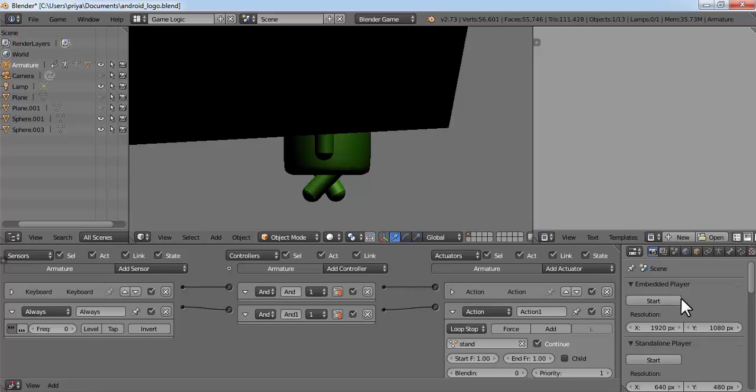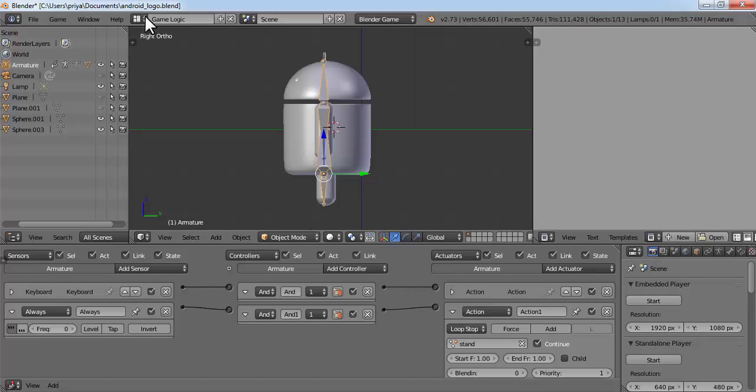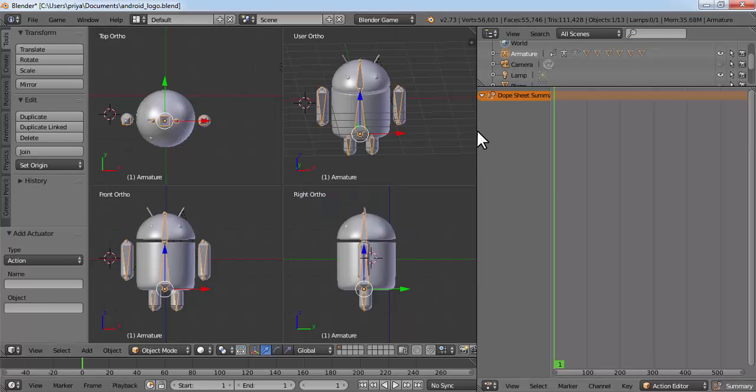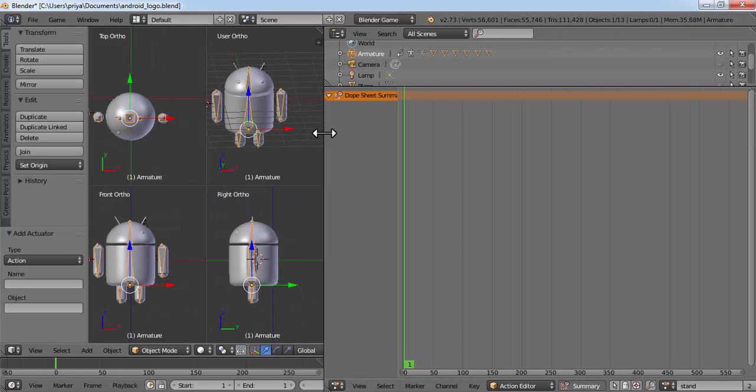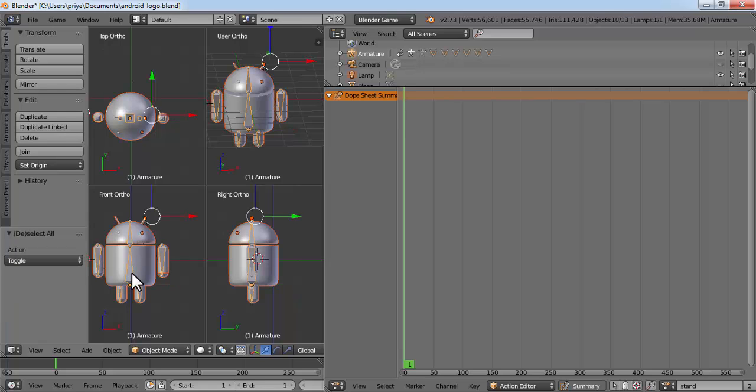if it is still not working, go to default view again, open your dope sheet window and see here if there are any keyframes present in the stand action. There aren't any keyframes present, so we need to assign it. So select all bones by clicking A. First go to pose mode and select all bones